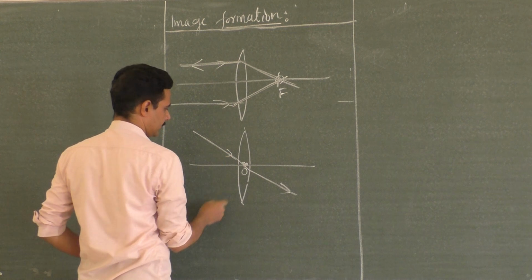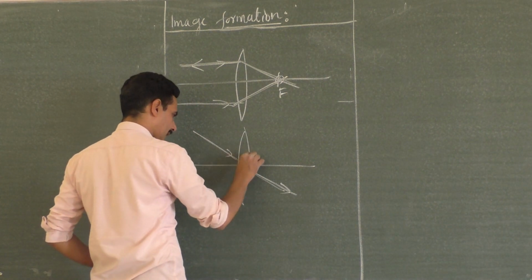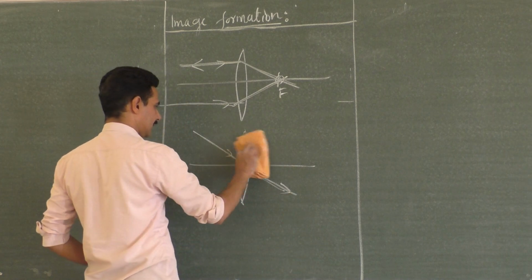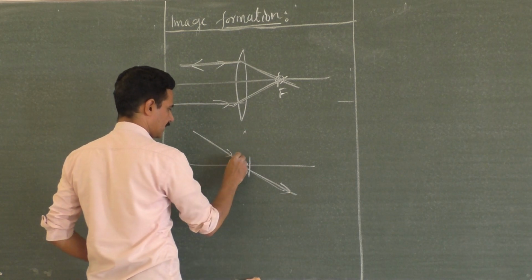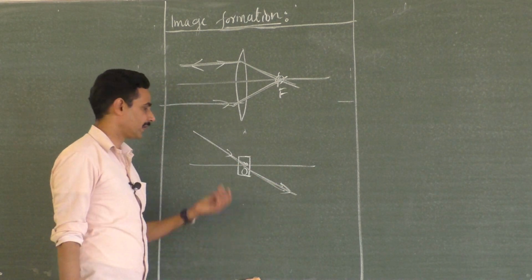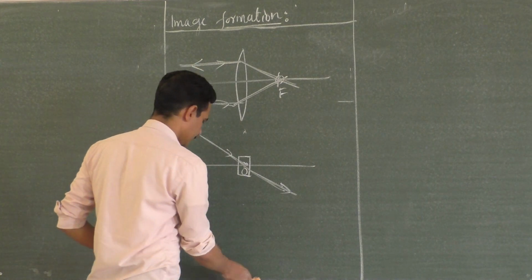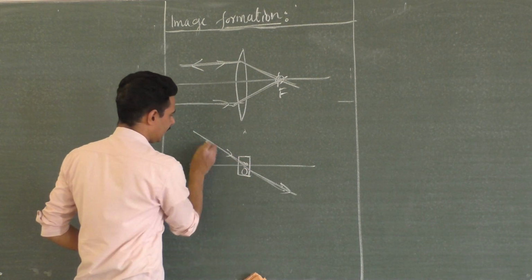Actually it gets displaced like this. There is a lateral shift. It is acting like a glass slab. So this part of the lens can be taken as almost a parallel-sided glass slab, so there will be a small shift. But if the lens is very thin, what happens is,